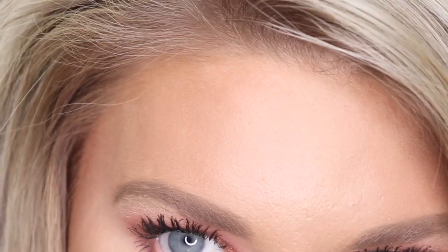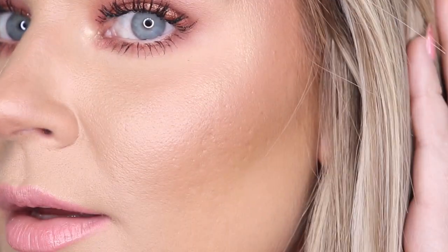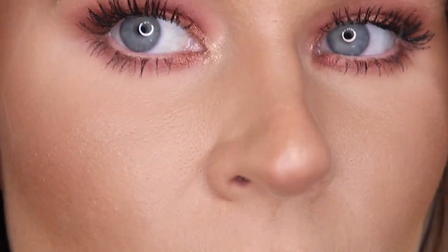So it really doesn't look bad. It's just around my nose area and my mouth. Maybe you can see a little better now. But, I mean, it's not bad. I've definitely had worse. And I think it's holding up pretty well, especially with my oily skin and all of that. But so far...